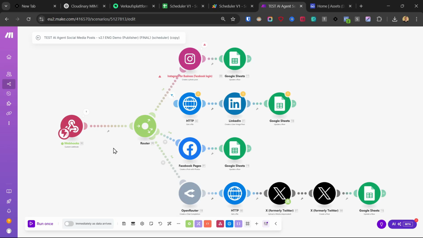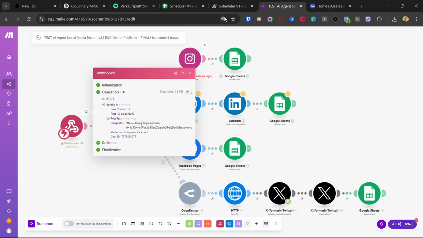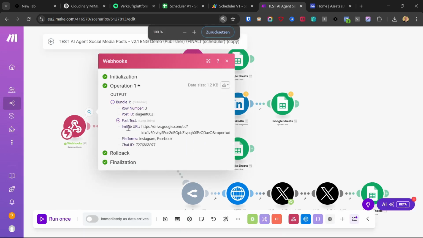In this video, I'll show you how you fix an error that you might be getting in one of your Make.com workflows or the AI agent workflows that have a Make.com publishing workflow and automation. So where we send in generated image, if it's a Google Drive link, this is the only case when you have this error. So for example, if I click on this webhook here, you see the image URL is a